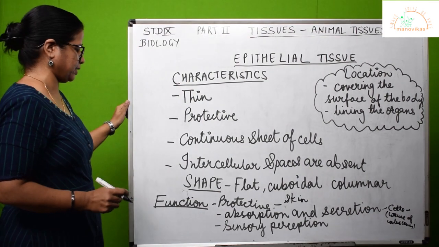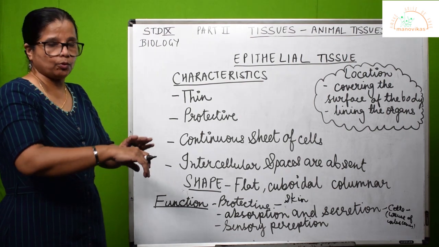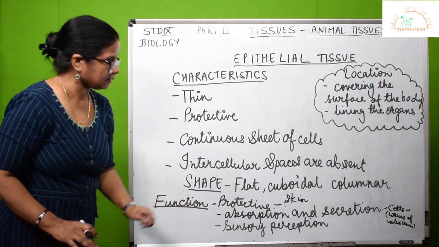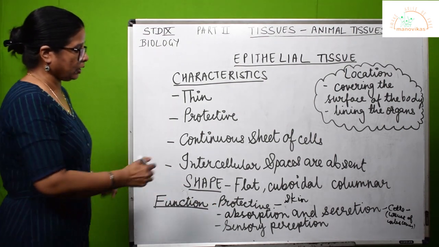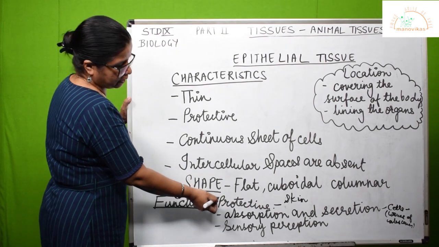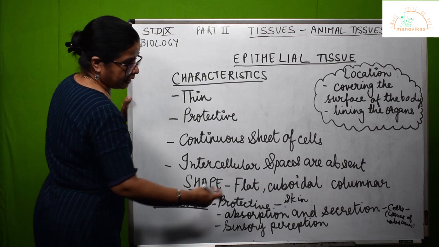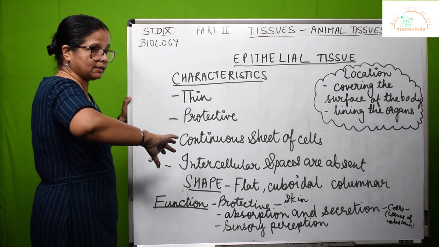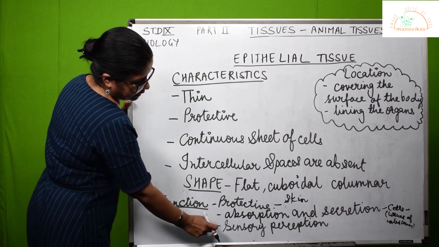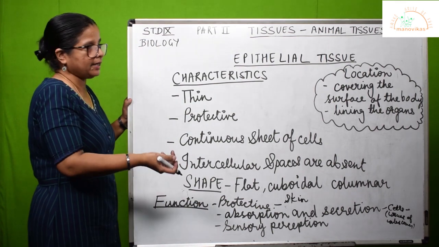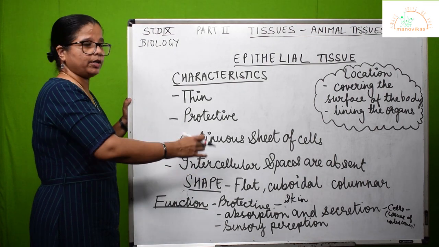Then sensory perception. So these are the main functions. See our skin, it is sensitive to touch, to pressure. All the things that handle the sensory part are present in the skin. It's an epithelial tissue. So let's quickly go through the functions again. Protective in nature, absorption and secretion. Secretion of what? I gave you an example of the tissues which are present inside the intestine making up the internal lining and the external lining of the intestine. Then the internal lining will have these features of absorption and secretion. Then we have sensory perception. For example, again in the skin, which can feel heat, pressure and those other feelings that we can understand and our body can react to.